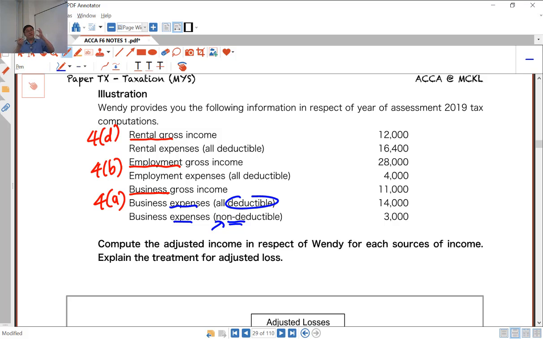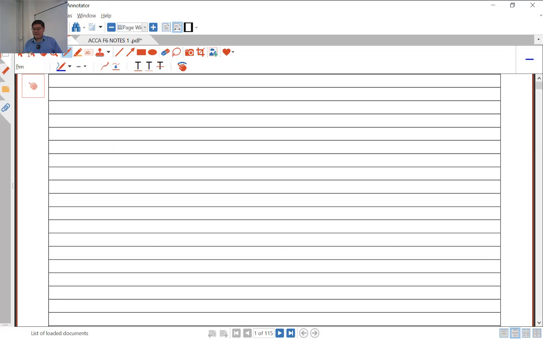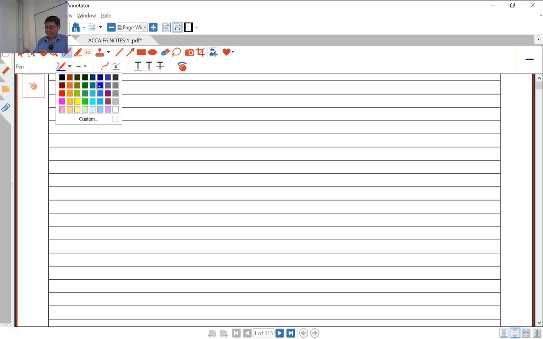This is not a complete example. It's just to start off, for those of you seeing for the first time how we design and structure the tax computation. So what will happen now is when you prepare your tax computation,